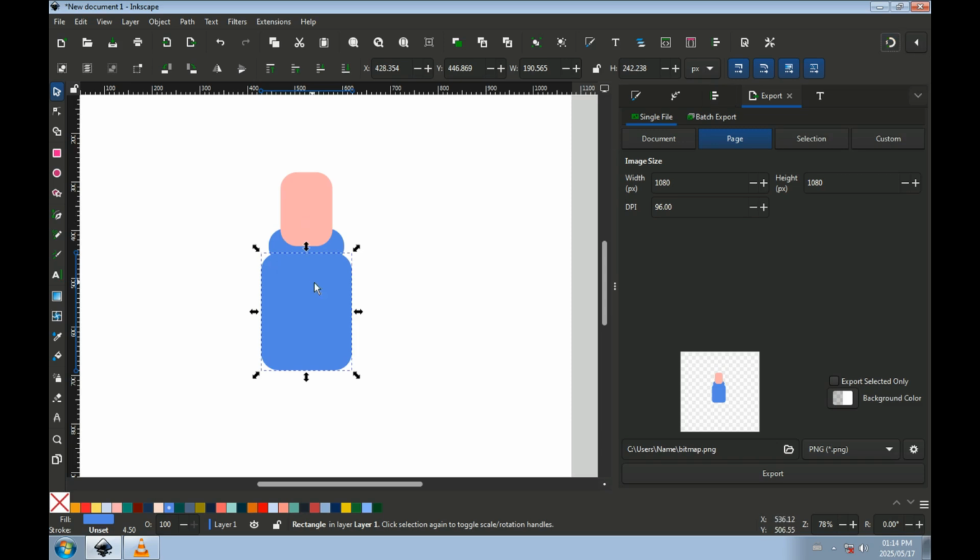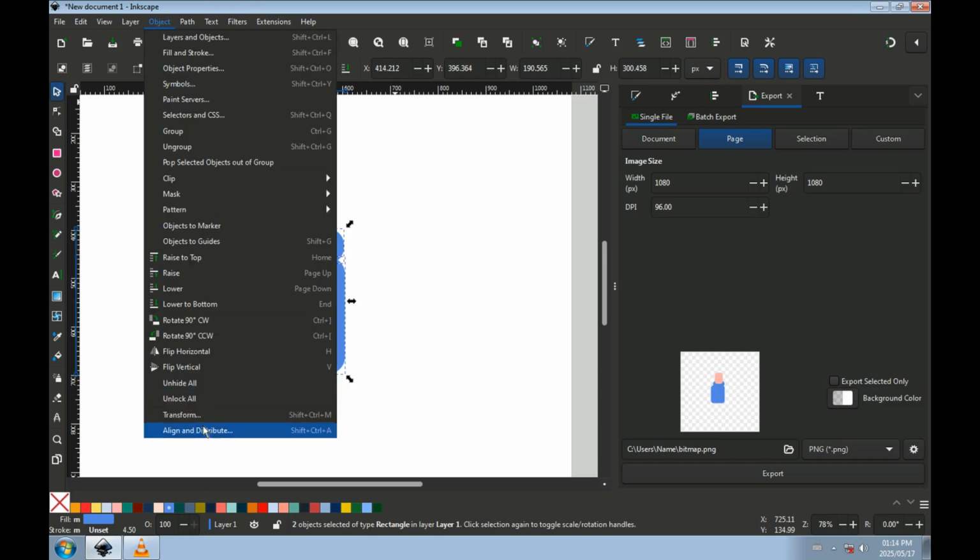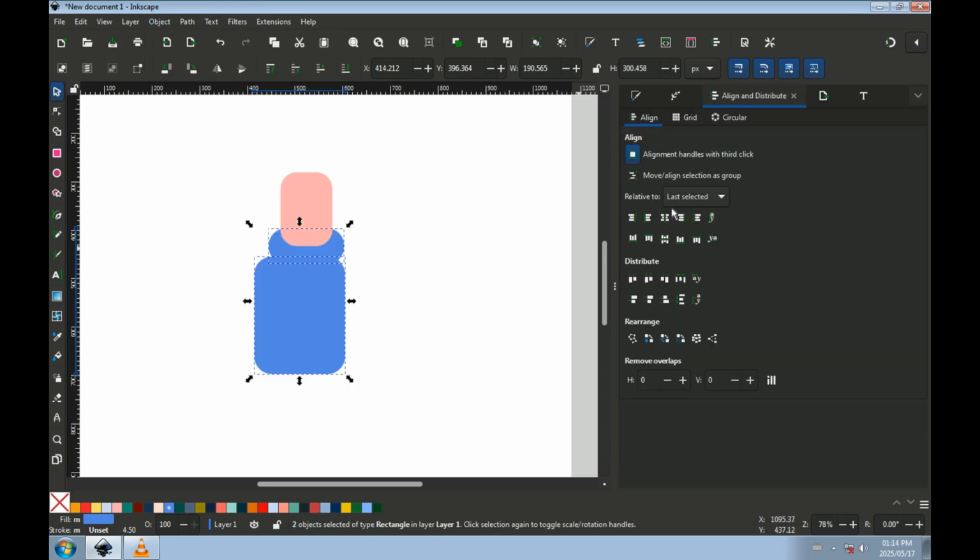Now I'm going to select both. Go to Objects, Align and Distribute. Make sure Last Selected is chosen. And then Align Vertical Axis. Right. And what I'm going to do is click once here and see this arrow, while holding Shift, drag it out a bit like this. Okay. I'm going to drag this up. Right. And then I'm going to